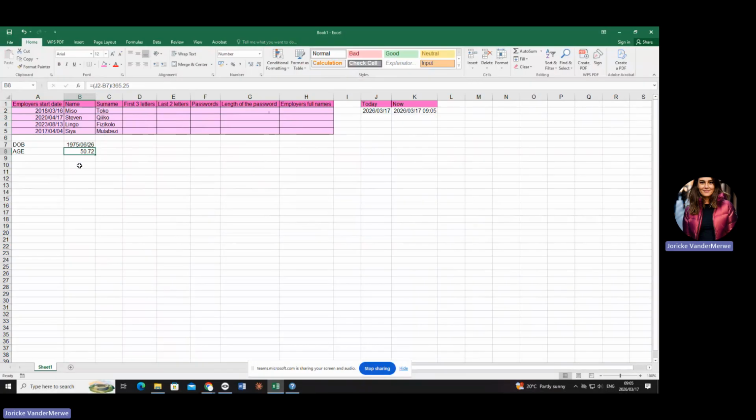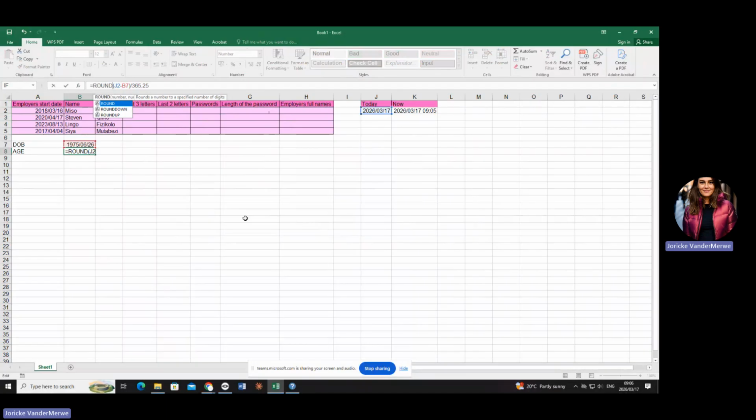Are you with me? But I don't want the age in years and months. Who says their age is 50 and 7 months? Nobody speaks like that. So if I ask you to round this off, and remember you're not in Import, so you can't use these little arrows, then you have to go and put in the ROUND function.